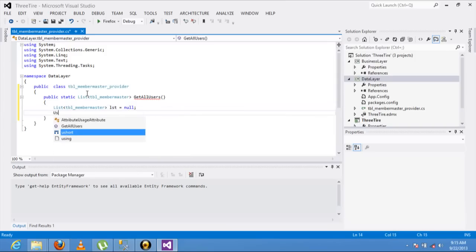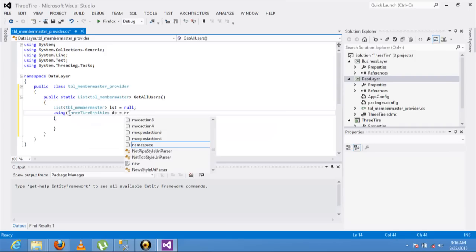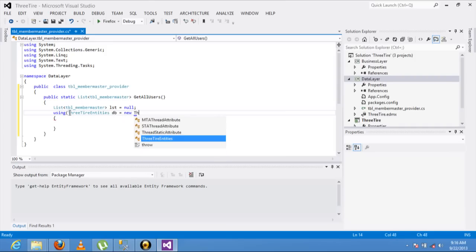Now I'm using LINQ queries here, with new three entities.